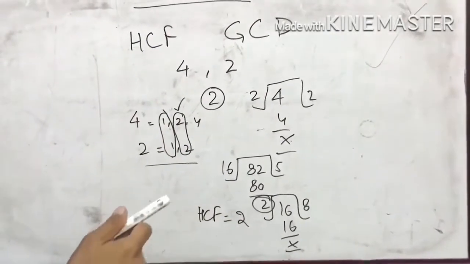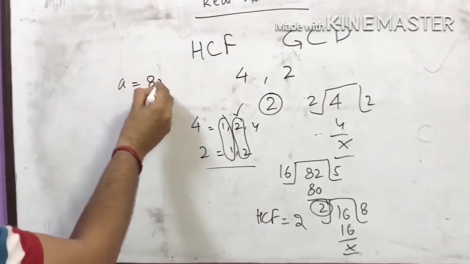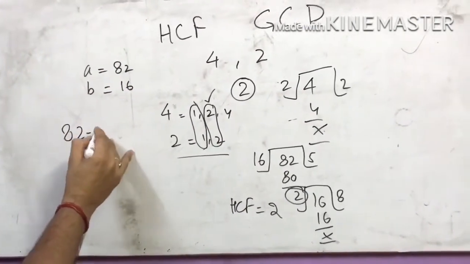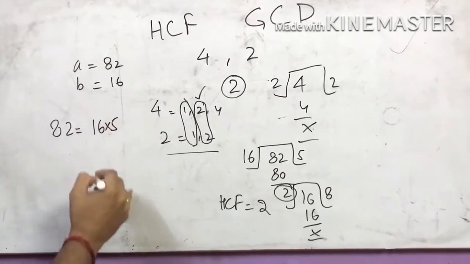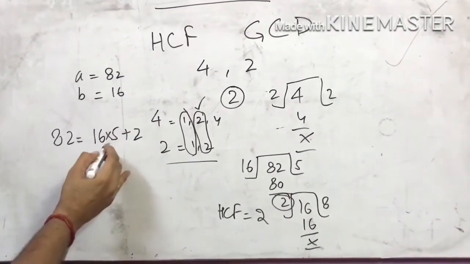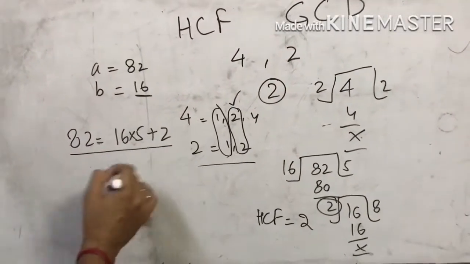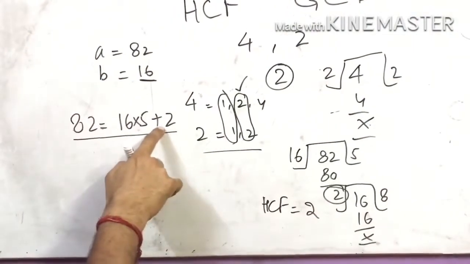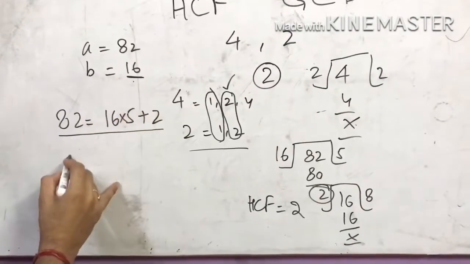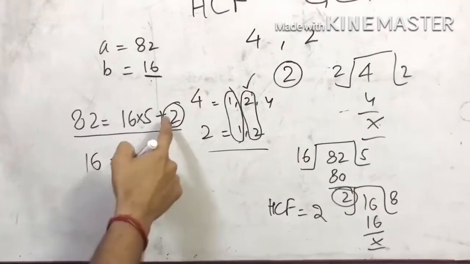So we can also use Euclid division lemma to find HCF of two numbers. When a bigger number A is 82, suppose, and smaller number B is 16, so 82 will be equal to, because you are dividing it by 16, 16 into 5, 80 plus remainder. So when you open it like this, like dividend is equal to divisor into quotient plus remainder, in next line the B will become A, that means dividend here, and the remainder here will become divisor, that means B. It will take the position of B.